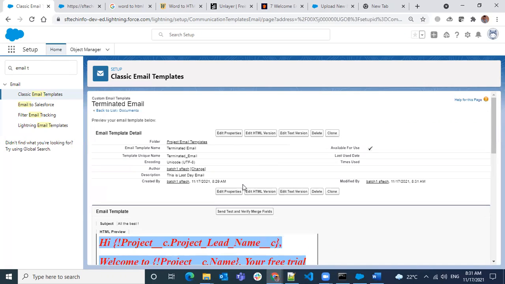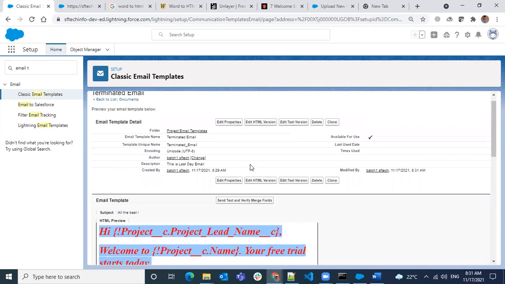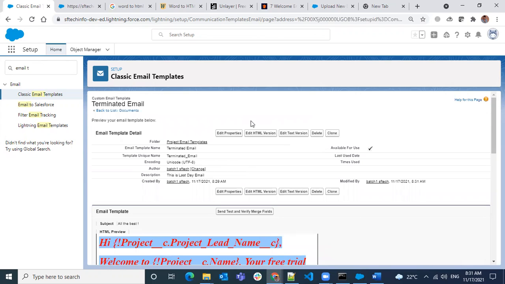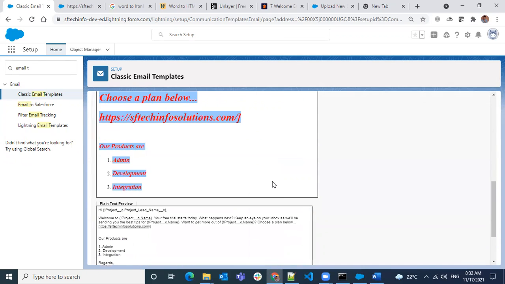So once you are done with the email templates, all you have to do is use your workflows or Process Builder. You have to create an email alert using this template, and then you can send those email templates out. Any questions here?